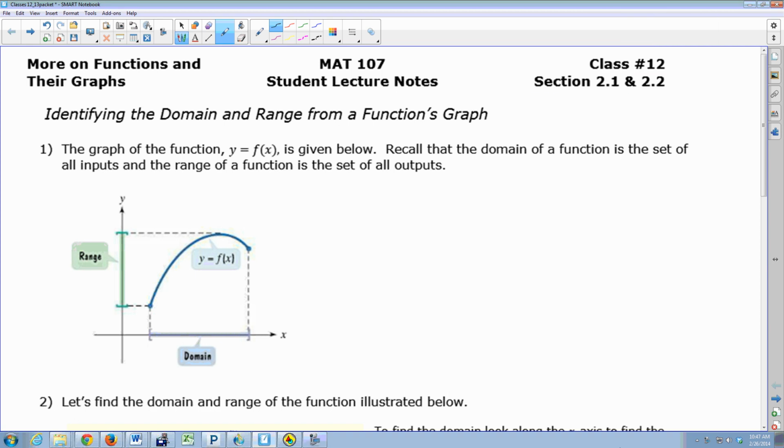Continue with this idea from section 2.1, which was Monday's class. Recall that the domain was the set of all inputs, and the range is the set of all outputs. So anytime you talk about a domain or a range, you've got to be using some type of notation that defines a set. For us, the easiest way to do it, for a set that's infinite, is to use interval